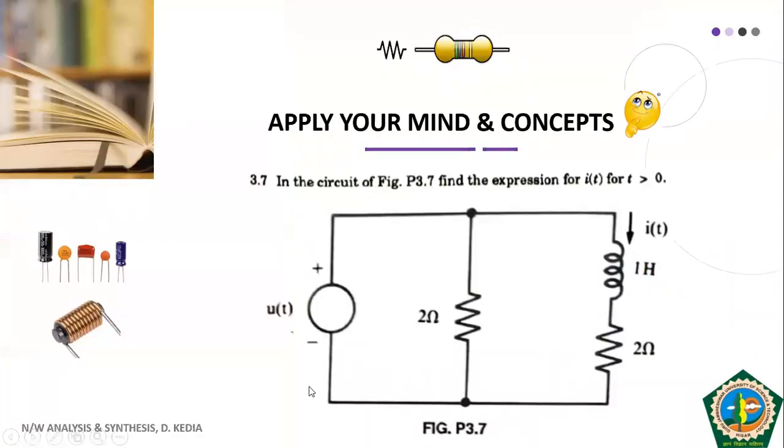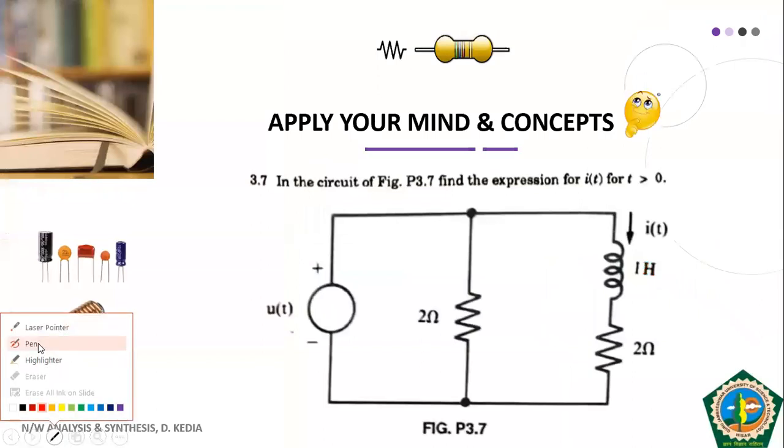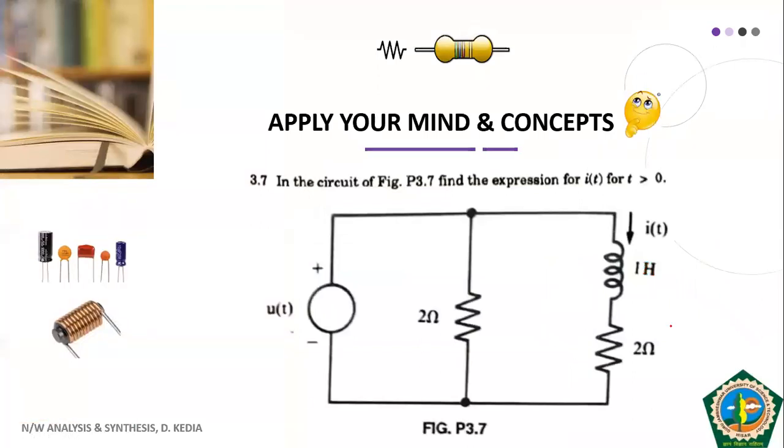So this is our next question. If you look at this question carefully, we have u(t) as the voltage source here. Since this is the unit step, obviously it will give us 1 volt for t greater than 0. One of the students was asking this point also: if your voltage source or current source is given as unit step, that means it has a value of 1 volt or 1 ampere. So since it is u(t), this is equal to 1 volt for t greater than 0.